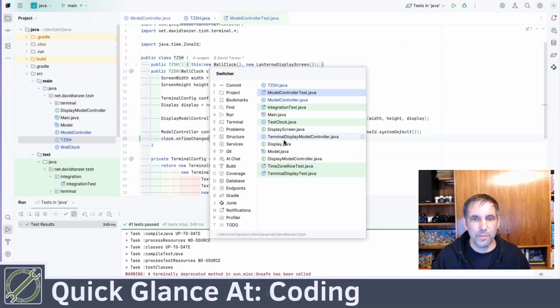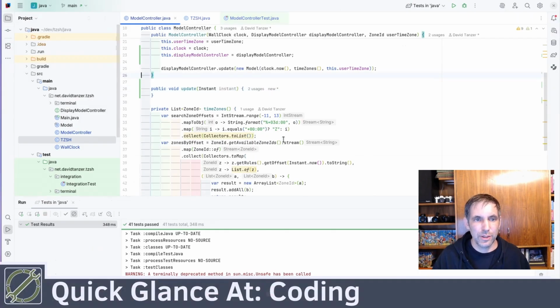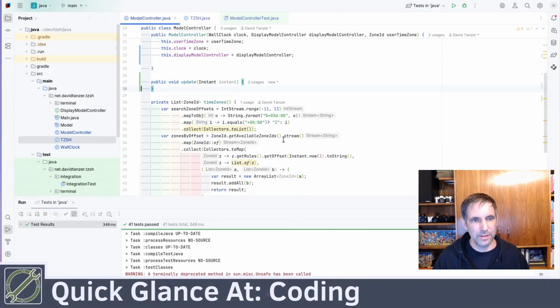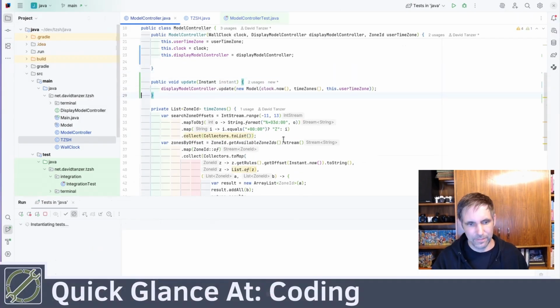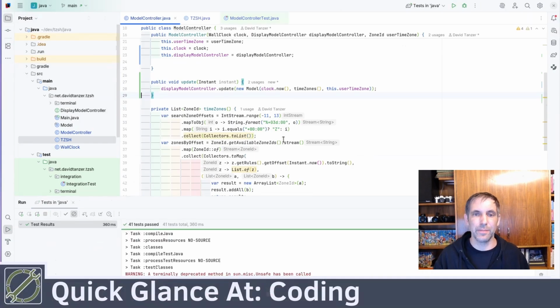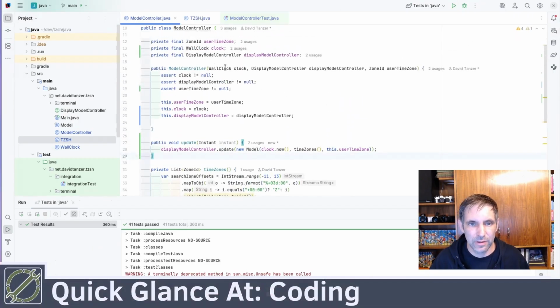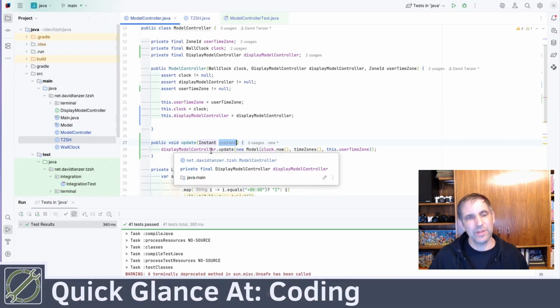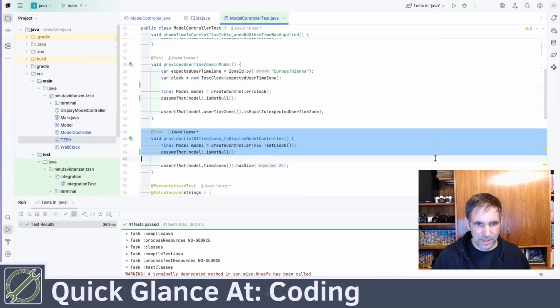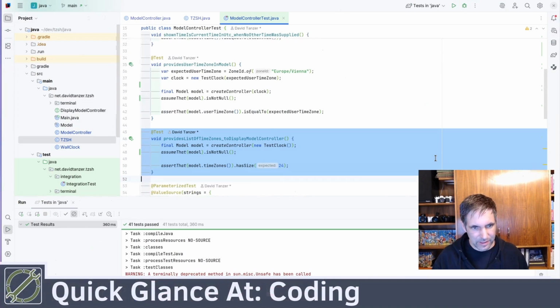And now if I go back to the model controller, I should be able to move this down here, and the test should still be green. But this is not correct yet. We still have to remove the clock from the constructor and use the instant that is passed in here now. And I think I want to have a test for that. So the simplest way to write this test is